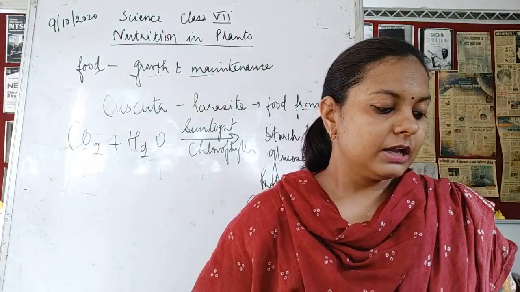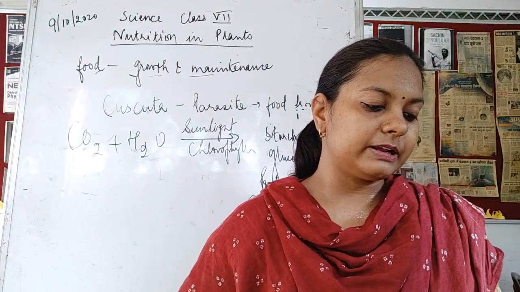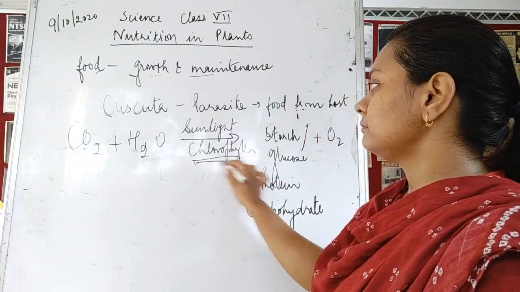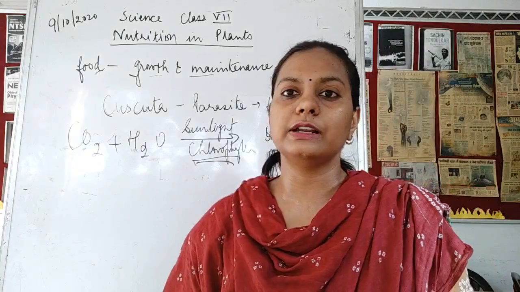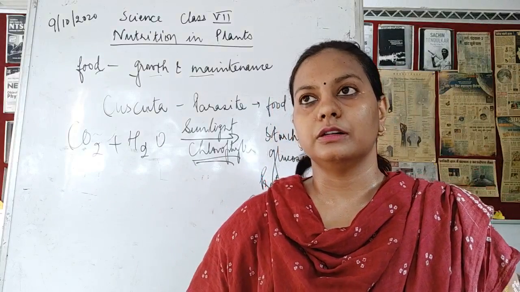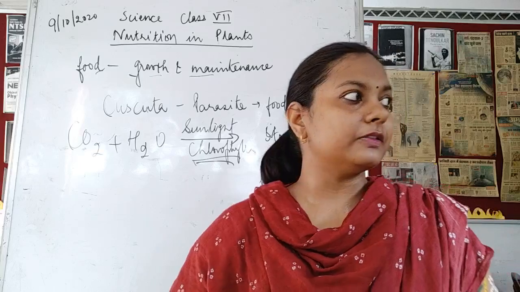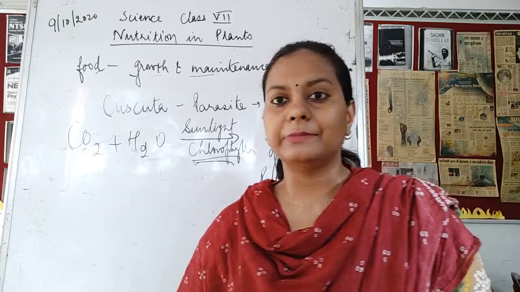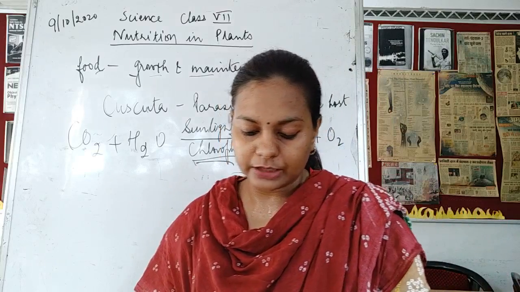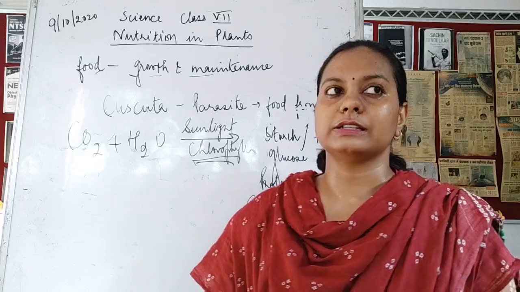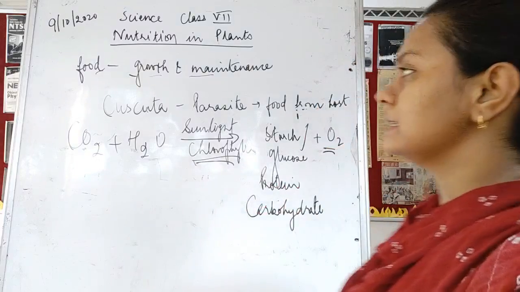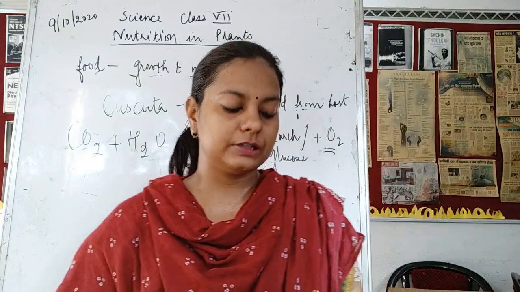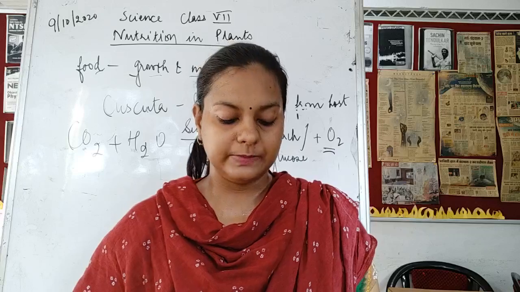Okay, then after that, solar energy is absorbed by the chlorophyll present in the leaves of the plants. Now where is this chlorophyll present? This chlorophyll is present in the green leaves, the green part of the plant, and this is going to help the plants to trap the sun's energy. Okay, then after that, oxygen is produced during photosynthesis. As you could see here in the reaction, oxygen is a byproduct of photosynthesis. Okay, as a result of photosynthesis, the oxygen is being released.